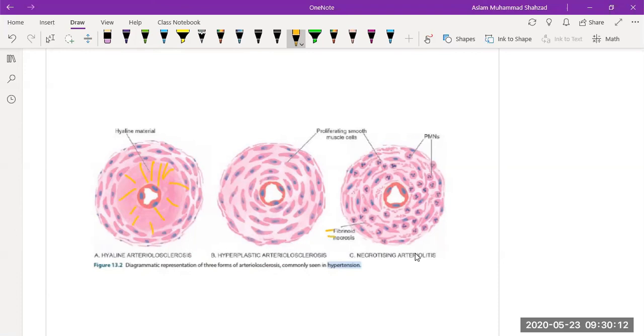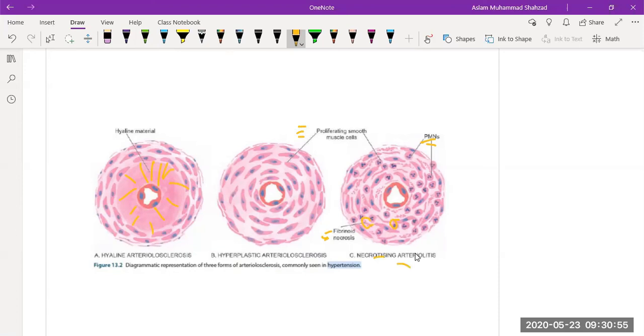Initially it starts with proliferating muscle cells, whereas in hyperplastic arteriosclerosis we find proliferating smooth muscle, and we find the presence of some neutrophils. And then later on, if the hyperplastic arteriosclerosis is prolonged, it can result in fibrinoid necrosis. This structure shows the fibrinoid material and the presence of neutrophils, and then it can result in necrotizing arteriolitis,